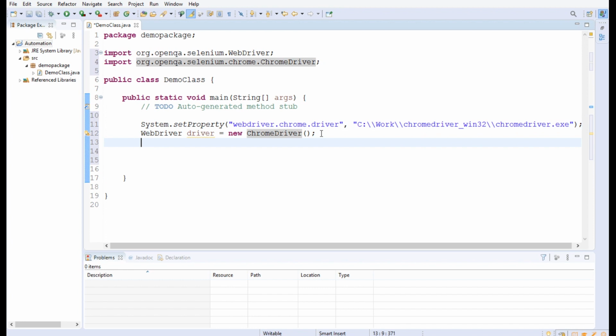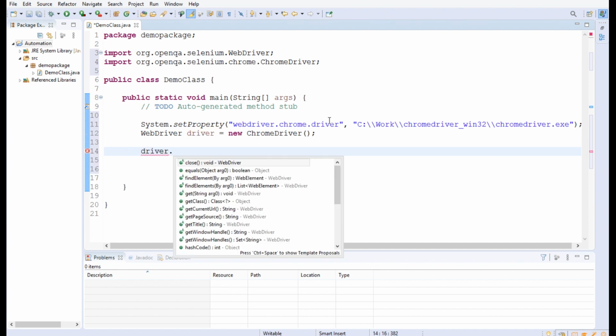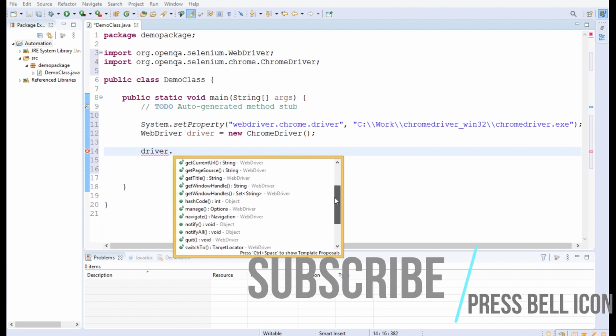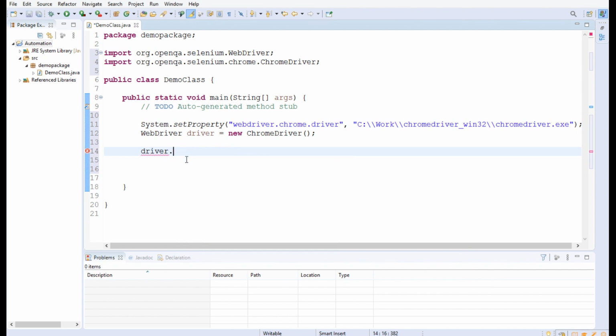Now we have to get the URL in the browser. For that we write driver dot. Whenever we write driver dot, all the functions related to driver are displayed in the suggestions. For opening a URL in the browser, we write driver.get. The argument for this get function is the URL that we want to hit.